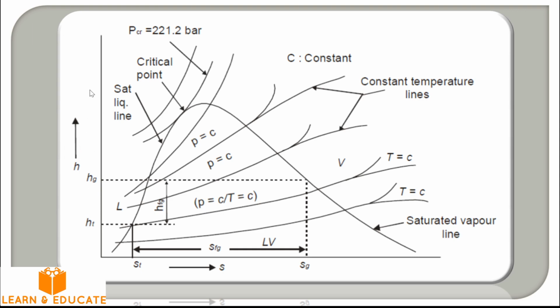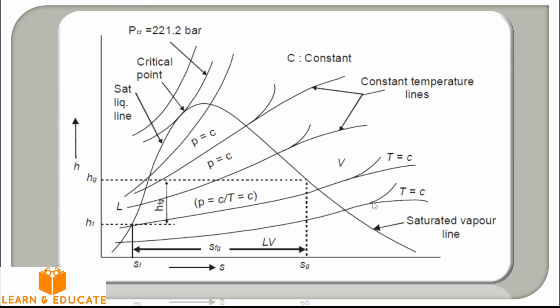You have enthalpy on the y-axis coordinate, on the abscissa you have the entropy, specific enthalpy and specific entropy. Then you can see the vapor dome here. This is a vapor dome, this curve. Fine. Saturated vapor line and saturated liquid line, critical point. Fine, you know that above critical point directly the compressed liquid will be changed to the vapor. Then you can have the compressed liquid region, liquid vapor region, and vapor region or superheated vapor region.